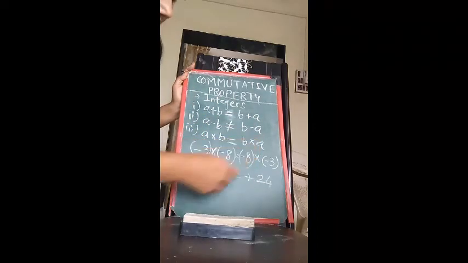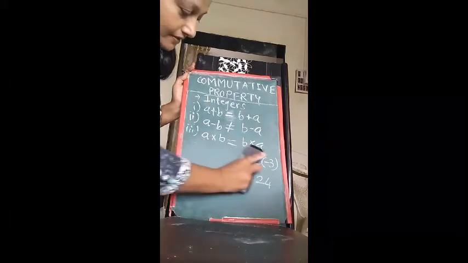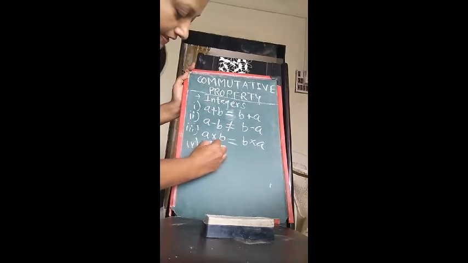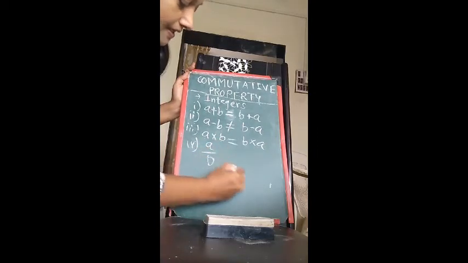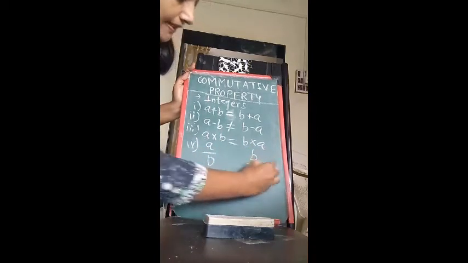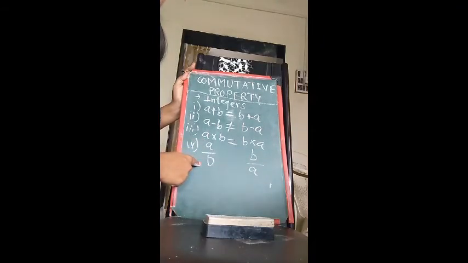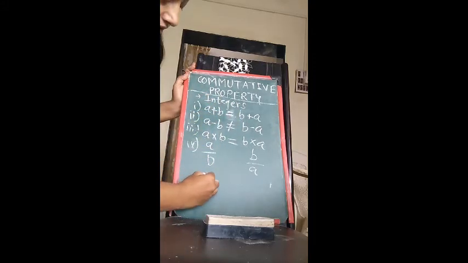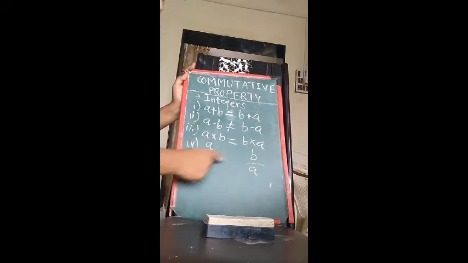You write this down until I write about the division. Okay, the fourth one is division, that is a divided by b and b divided by a. Here also we are going to take two integers. Remember, you have to take integers. So have you written this? A upon B and B upon A. Only after checking the answer are we going to write this property.